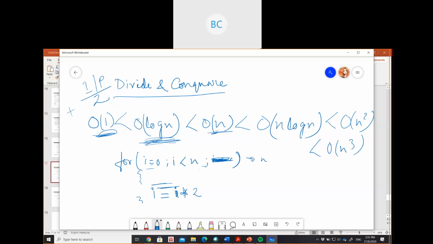The main point is whenever you are going to divide the input size into 2 halves, your complexity is going to be log n. I'll even show it later when we learn about binary search. So for the time being, just know in the for loop case, generally the initialization one takes n times. When we don't do that, and we just multiply by 2, it means we are dividing the input size into 2, and that means it's going to be log n. I'll show the expression later on. Today I will just show you the binary search one.